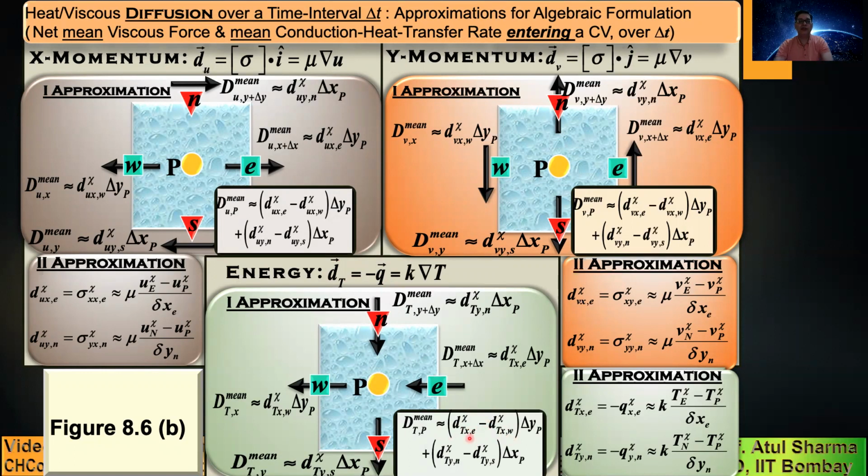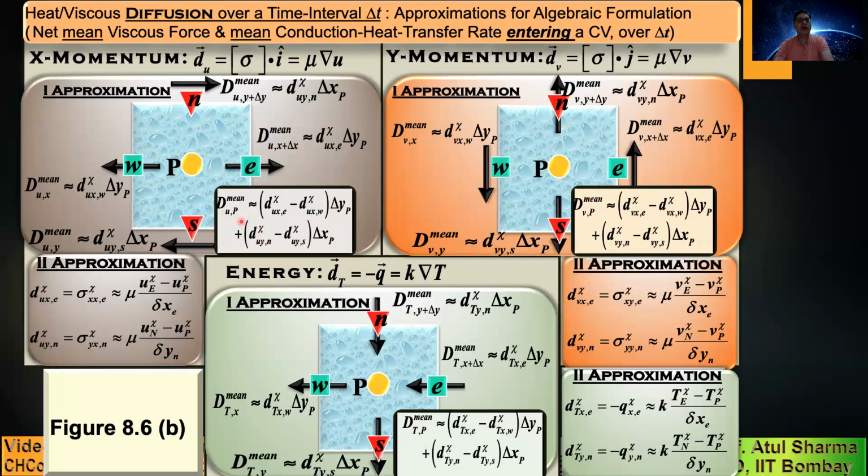So what we are doing is expressing the total diffusion as a net outflux of diffusion flux, but we are defining the diffusion flux for energy as minus q. That way we are using the same generalized total diffusion expression in terms of net diffusion outflux, where we have modified the diffusion flux for energy to be minus q. So this general expression can be used where, instead of u, v, T, we write a general variable phi in the subroutine.